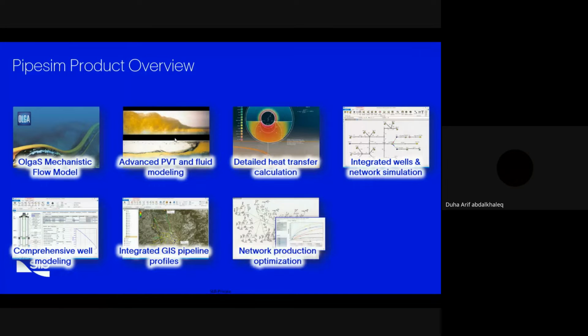Pipesim also has network prediction optimization. Basically, for optimization in Pipesim, we give the software our objectives, such as I want to maximize the oil production, and also give the software our constraints, such as I want to minimize the water production. After that, I run the network optimization, and the software will give me the optimum value for the choke settings, for example, or it will give me artificial lift quantities in order to meet